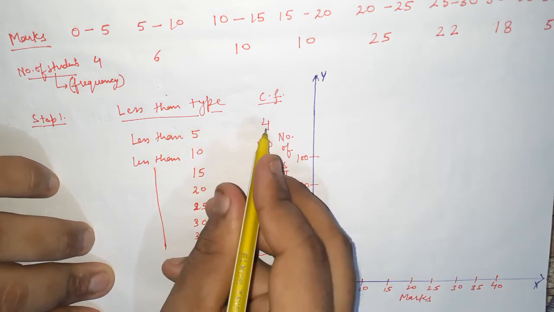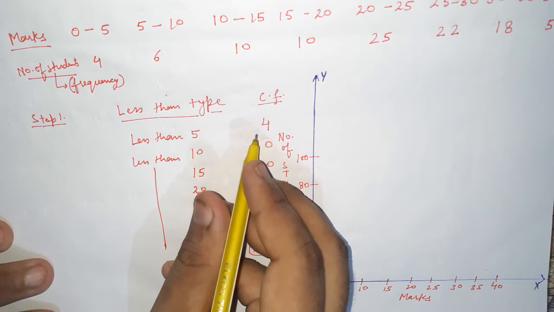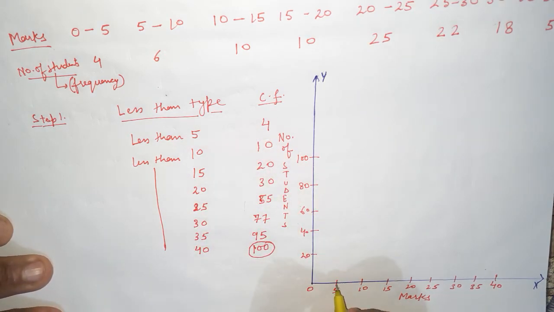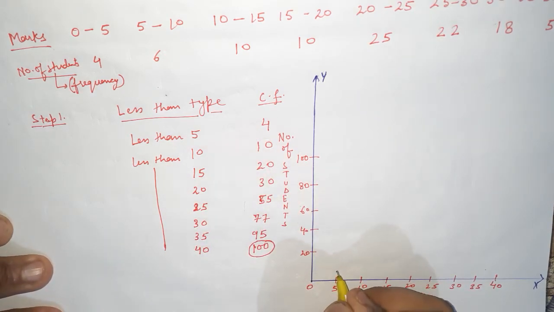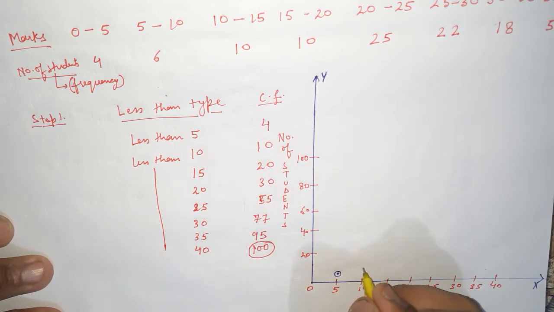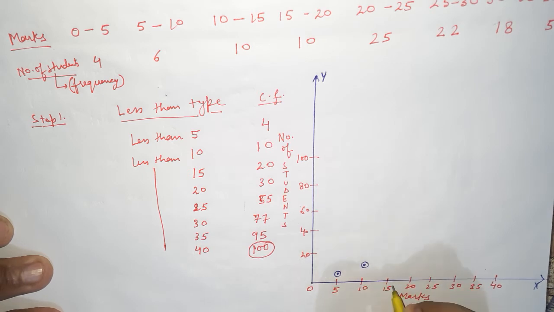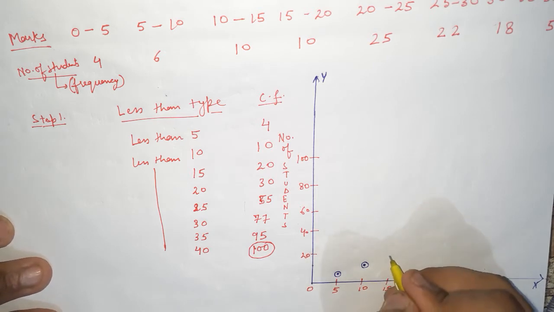At 5 you can see the value is 4. So we'll start like this. The point at 5, the value 4. It will be somewhere here because it is still 20. So your value has come here first. Then at 10 the value is 10. So for 10, the half of 20, we will take it here. Then 15. At 15 we have 20.